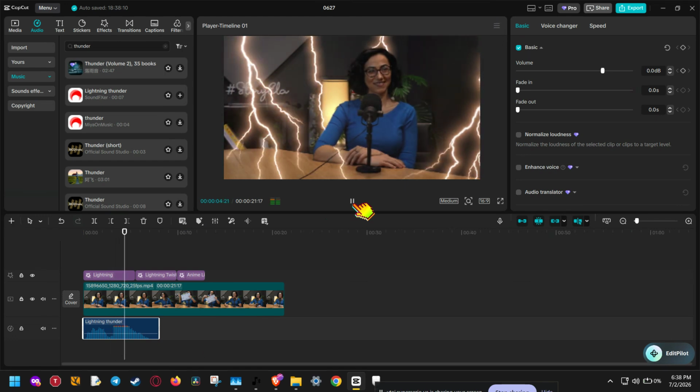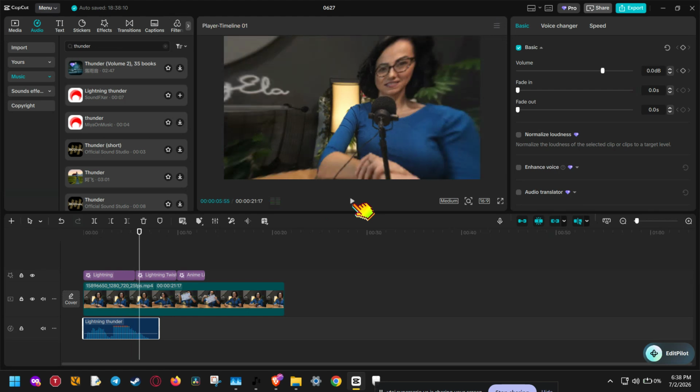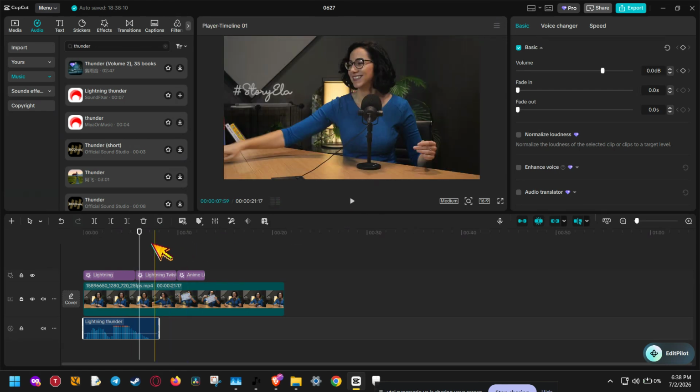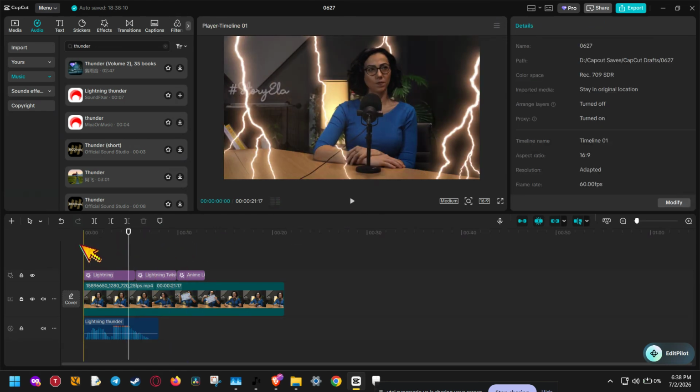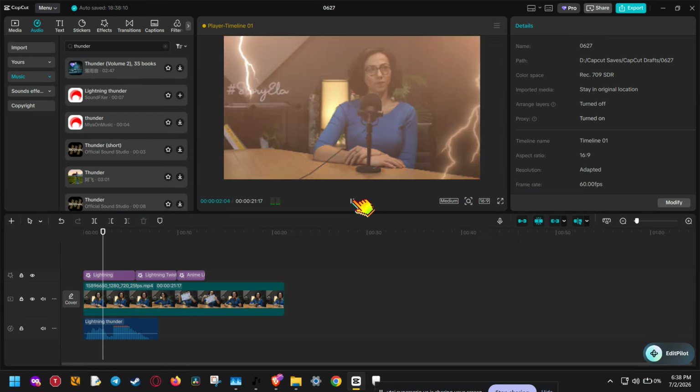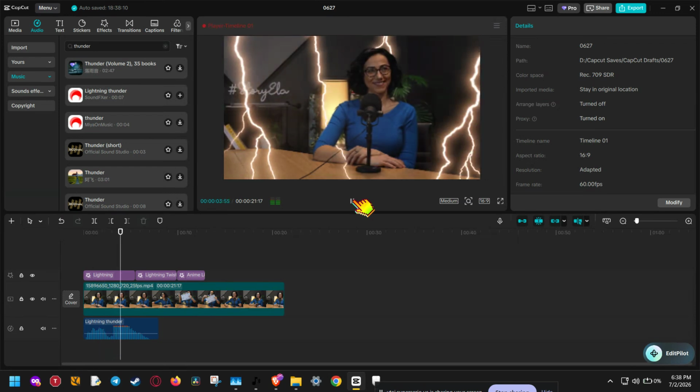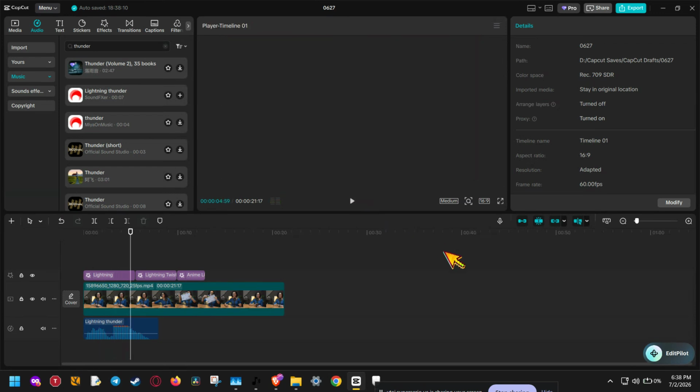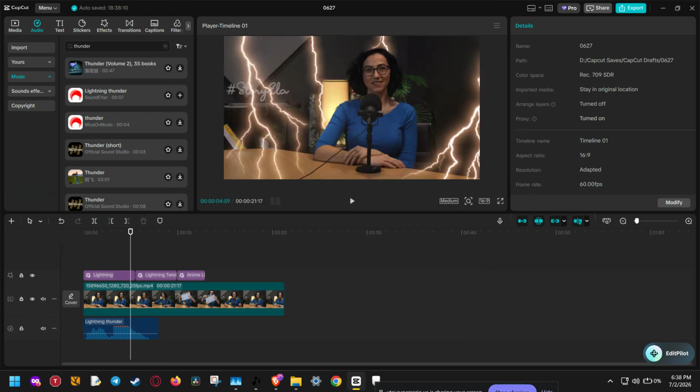Once you've got both the lightning effect and thunder audio in place, play back your video and check the full result. Look at how the visual effect and sound work together, and if anything feels off, make small adjustments until it looks clean. The best edits are usually the ones where the effect feels like it belongs naturally in the scene. And that's really all there is to it. You now know how to add a thunder effect in CapCut using both the lightning video effect and the thunder sound effect. It's a simple process, but once you know it, you can use it in so many different types